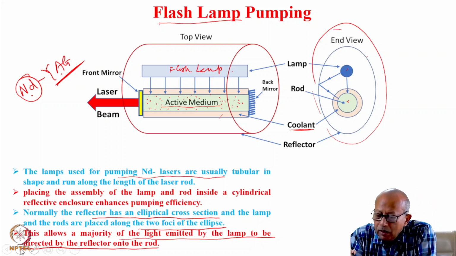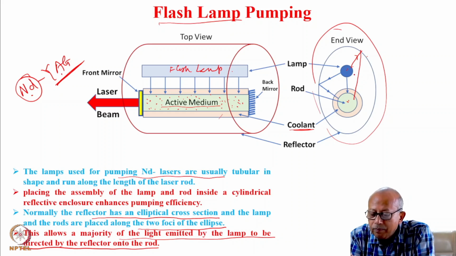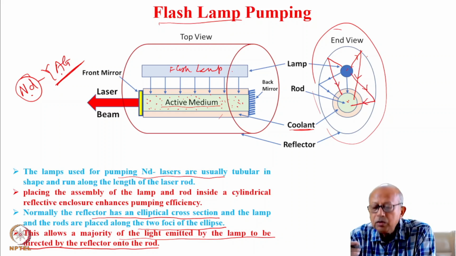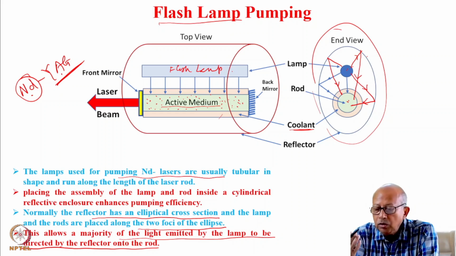You see, the light which travels in this direction, because these two are the two foci of this ellipse, will be directed to this. The light emitted in any other direction will also be directed towards the rod, so this will increase the efficacy of pumping. The majority of the escaping light can be redirected onto the